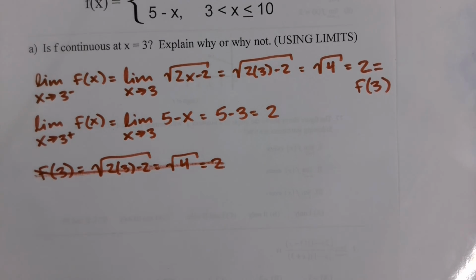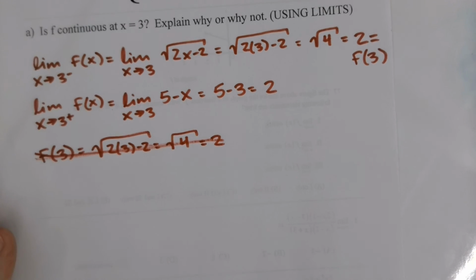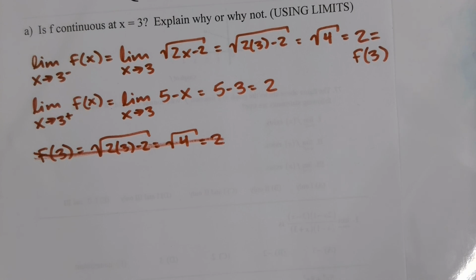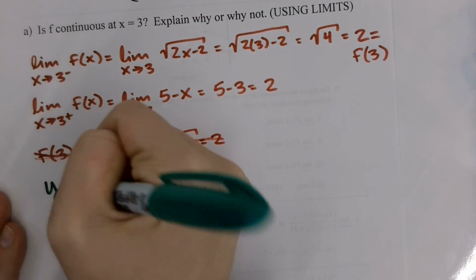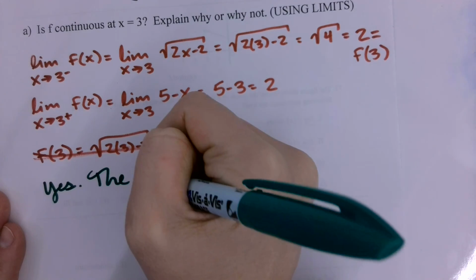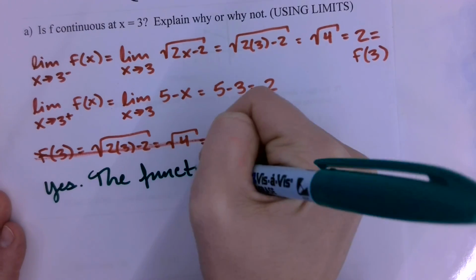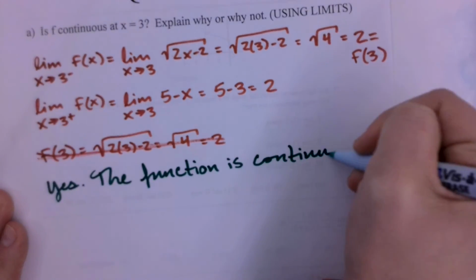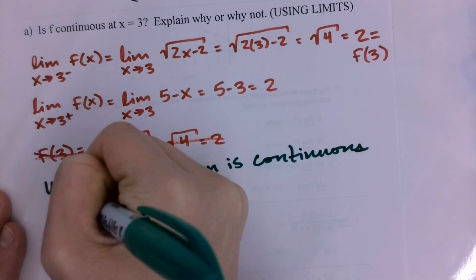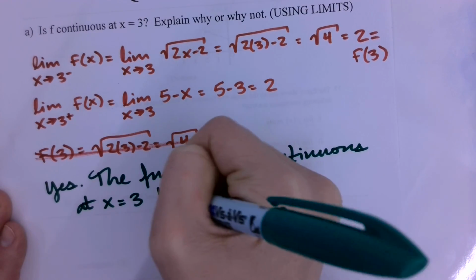Okay, in the end, we want to make sure we answer the question. So what is our answer to this question? Yes, so especially if it's asking, is it such and such, then we should be saying yes or no at some point. Sometimes students will launch into an explanation without actually saying what their answer was. So we're going to say yes. The function is continuous at x equals 3 because,